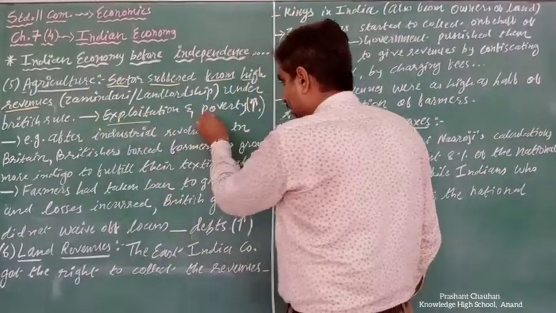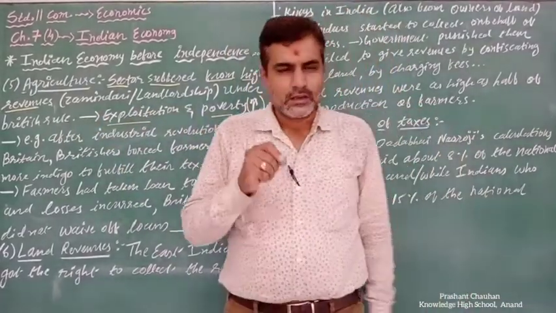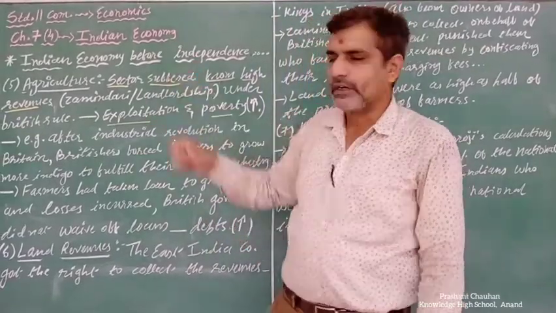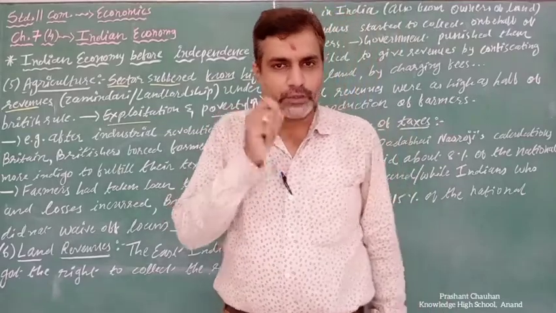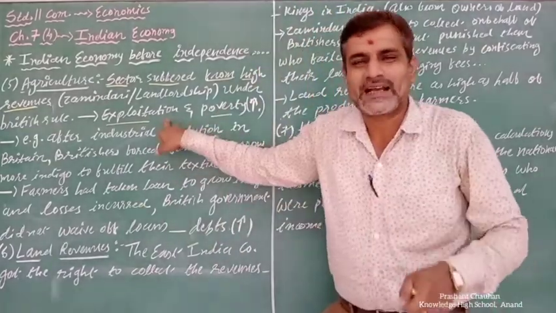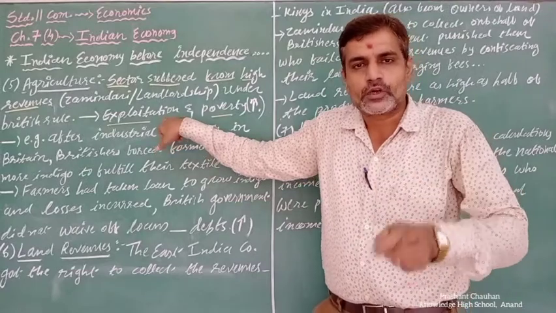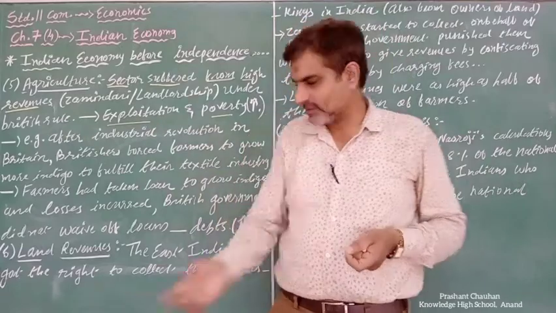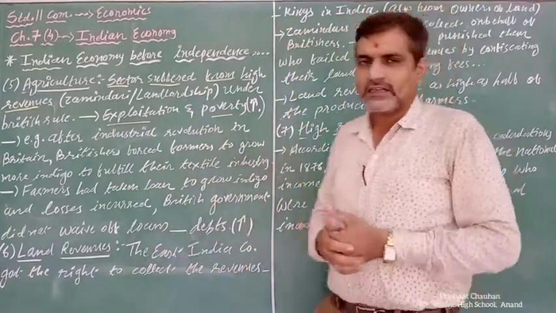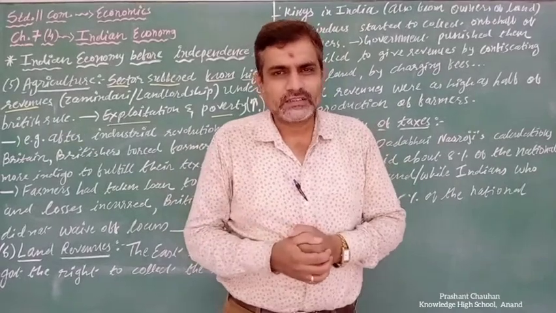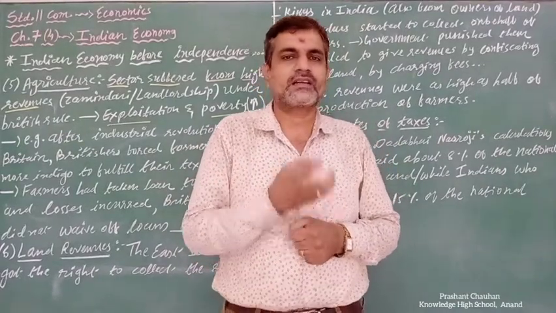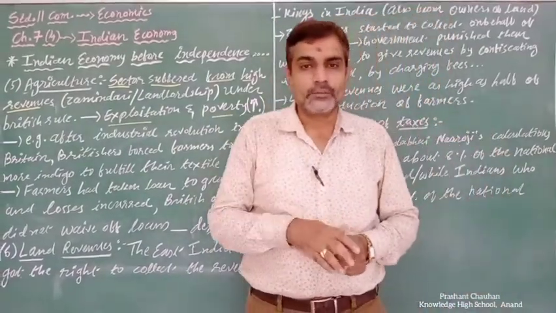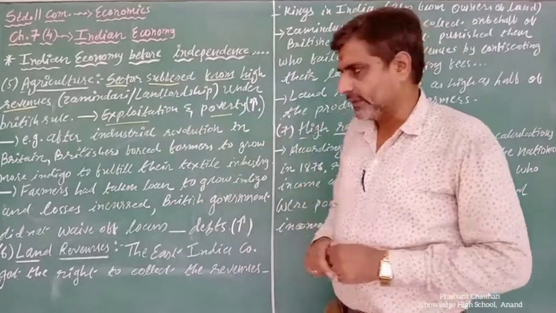Also exploitation and poverty, these 2 points. Most of the agriculture sector farmers under this Zamindari system before independence suffered with different types of incomes, and they were also totally exploited. Exploited in the sense of output production, right? It was totally taken by the Zamindar. Zamindars used to take everything, right? They kept only a little part with them, and then year by year that group of agriculture sector farmers came under poverty. So poverty and exploitation increased at that time because of this system of Zamindari.